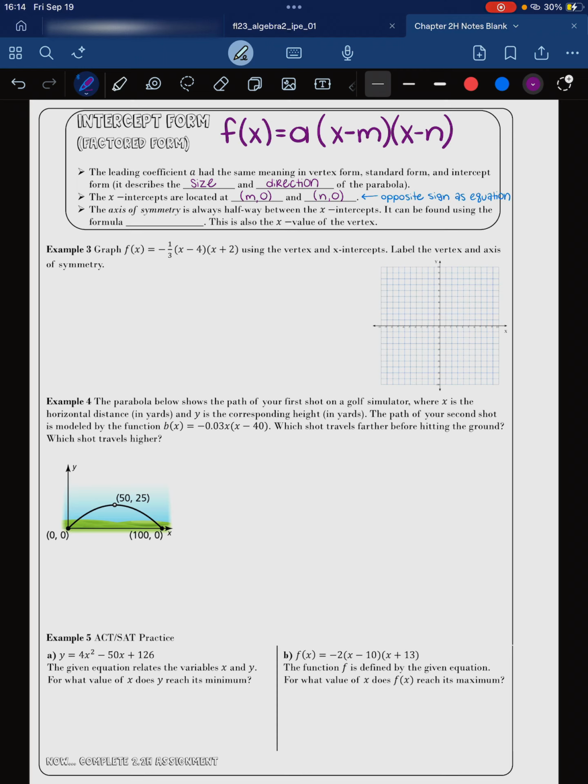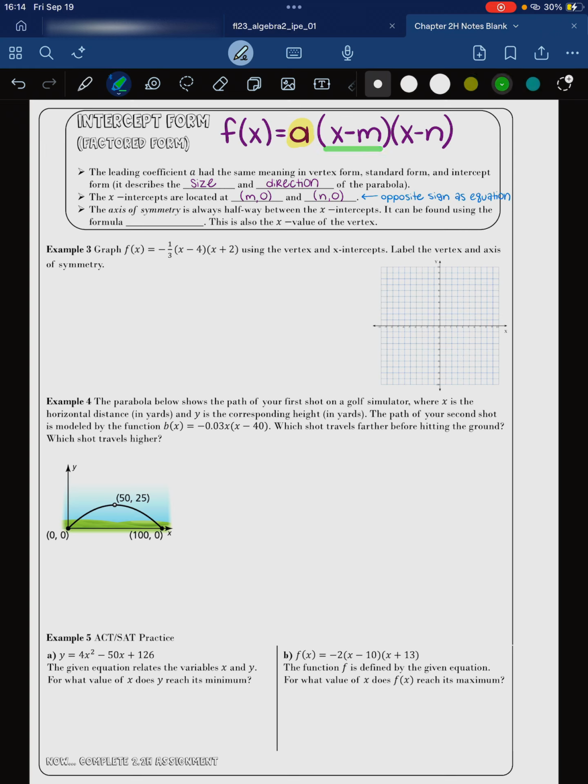Okay, intercept form. So intercept form can also be called factored form. I think that's what I tend to call it. And again, a means the same exact thing. It means the same thing in every form. It determines the size and direction of our parabola. Okay, in factored form, our factors,